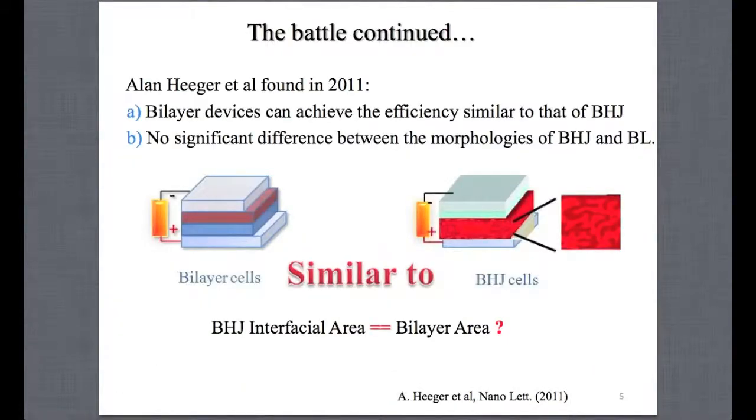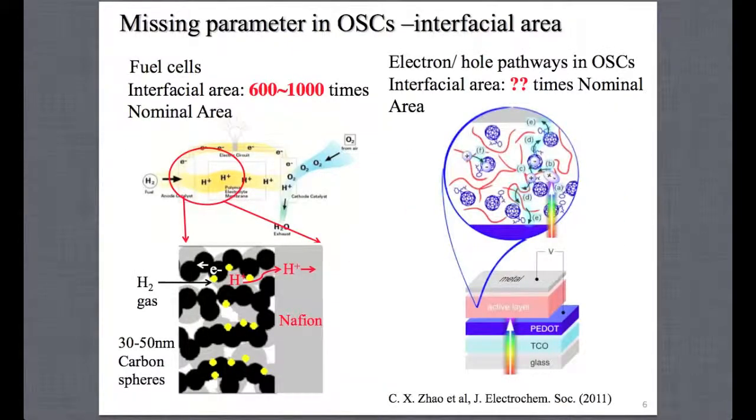The battle continued, and Aaron Higger found in 2011 that diffusion bilayer devices can achieve energy efficiency similar to that of bulk heterojunction, and there's no significant difference between the morphologies of bulk heterojunction and bilayer device. Does that mean the bulk heterojunction device has a similar interfacial area to the bilayer device? Obviously, there's one missing parameter in organic solar cells, that is the interfacial area, which has blocked us from getting the whole picture of how far we are away from the optimal structure and how far we are away from